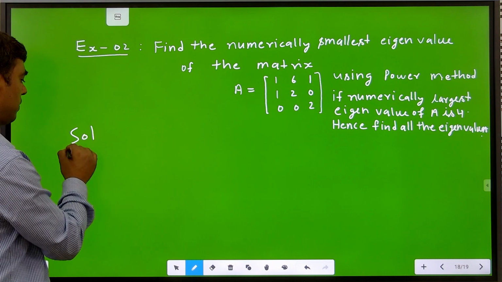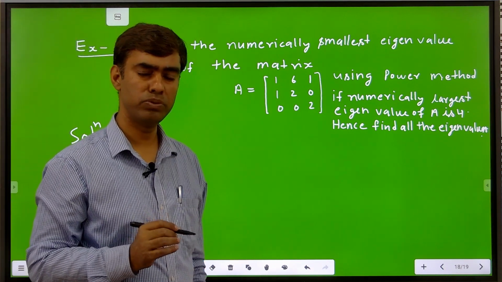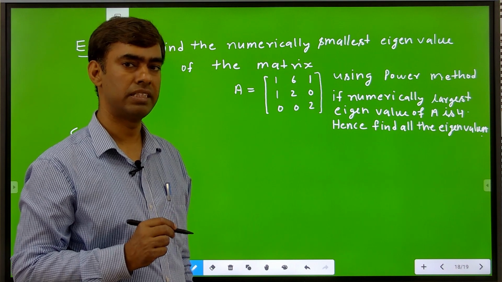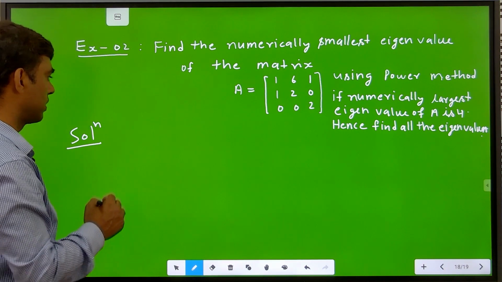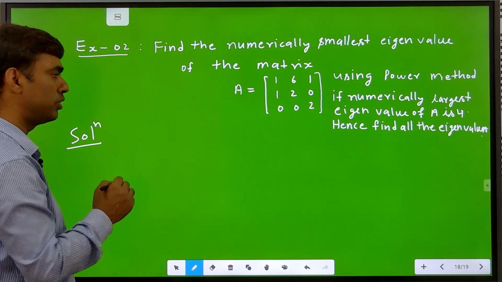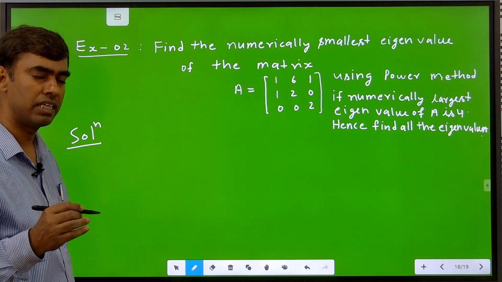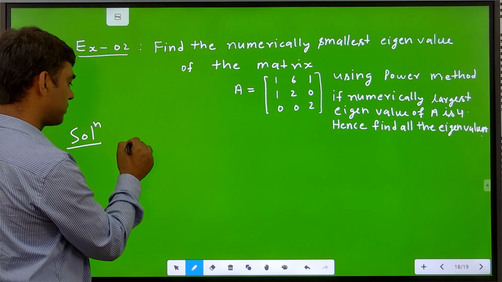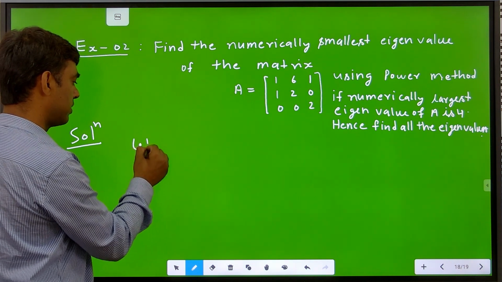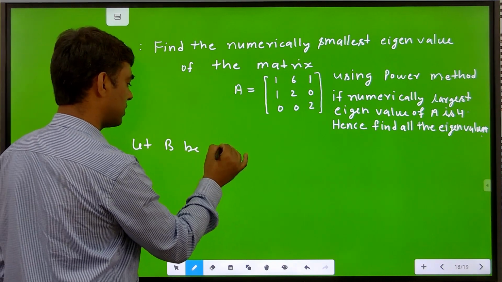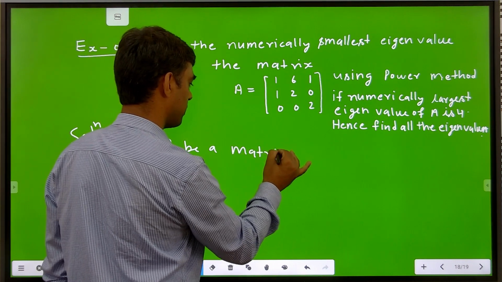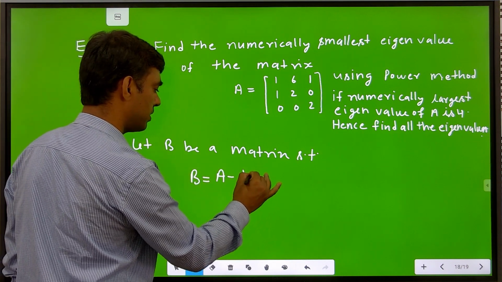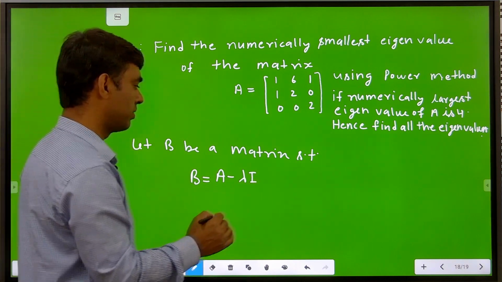Solution of this problem: as we know, with the help of the power method we are able to find the numerically largest eigenvalue. Now in order to find the numerically smallest eigenvalue, we use the same concept as for finding the numerically largest value using the power method. So for this we define a new matrix B, let B be a matrix such that B equals A minus lambda I, where